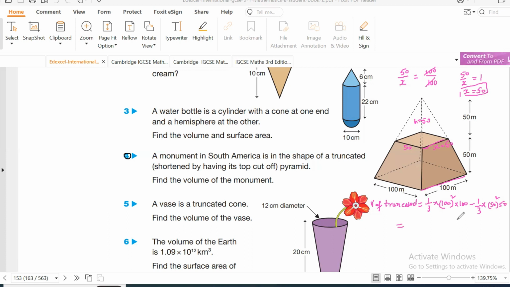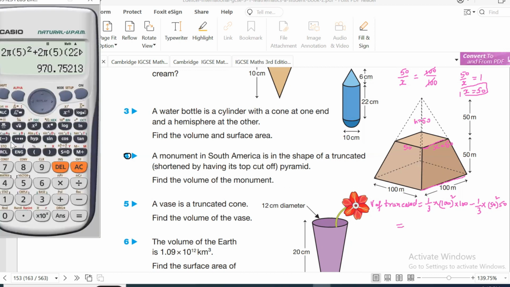And after this, we can check in the calculator what comes. So let's have a look in the calculator. We have firstly 1 over 3 multiplied by 100 squared, and then bracket open 100 again, bracket close, minus 1 over 3, we have 50 squared and multiply by 50 again. So that gives us the answer